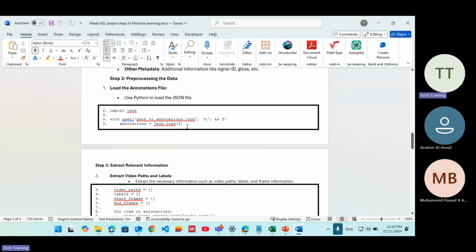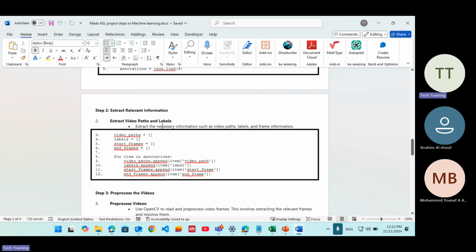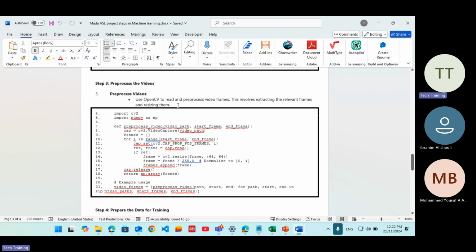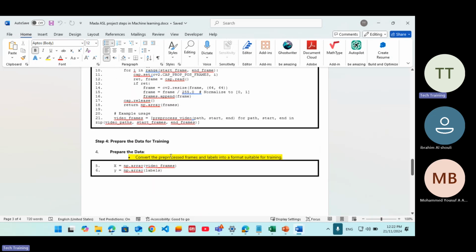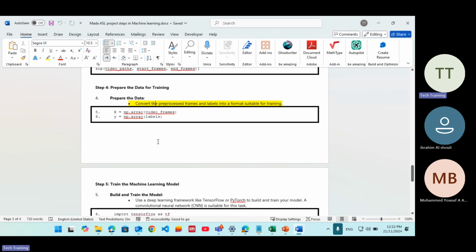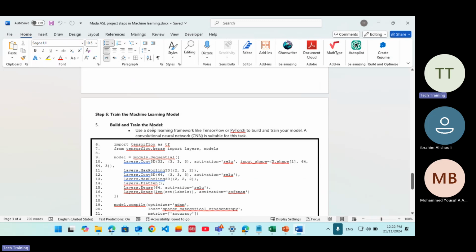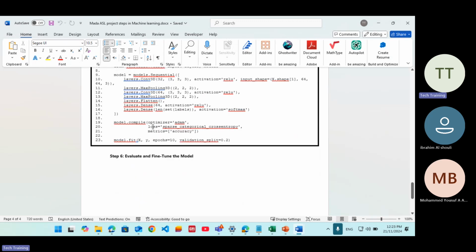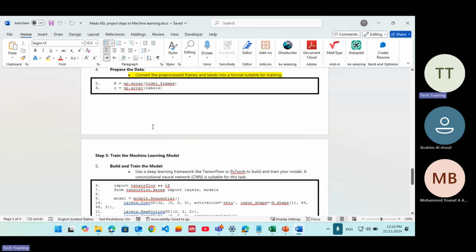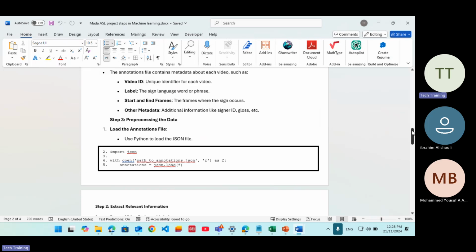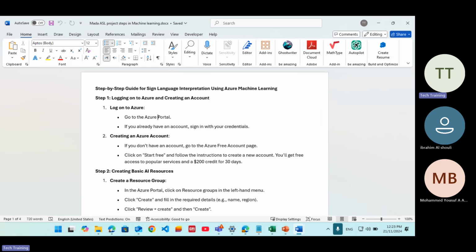Importing, we already imported the file. After that, we are going to extract the relevant information coming from the file. And after that, we're going to process the videos. And then these are optional. We can do that through the machine learning service. And we start building the model and training the model. So all of these we are going to perform together, okay? And we will be performing all steps together on the portal. I added these files, or I shared the file with you, so I will just be demonstrating the basic steps with you. Then after that, when you start,